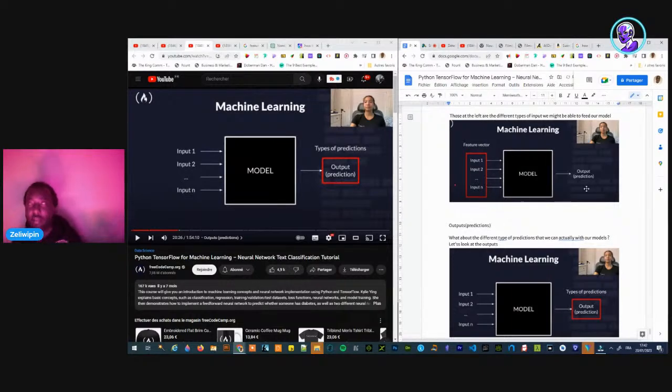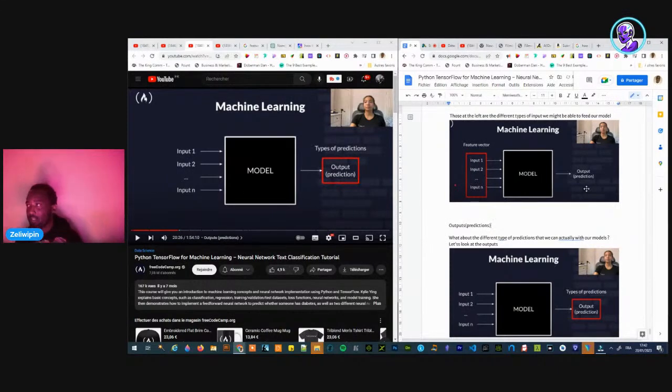So we have seen the inputs. We have seen there is quantitative data, which can be either discrete or continuous, like the height or the number of eggs you have. There is ordinal data, which inherently has an order, like bad, mediocre, good, excellent, and you can put 1, 2, 3, 4.